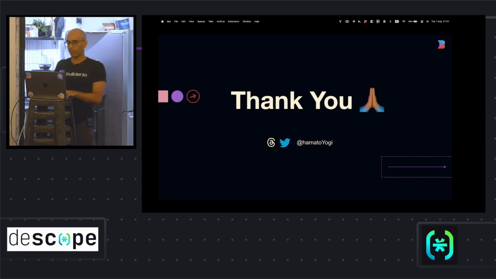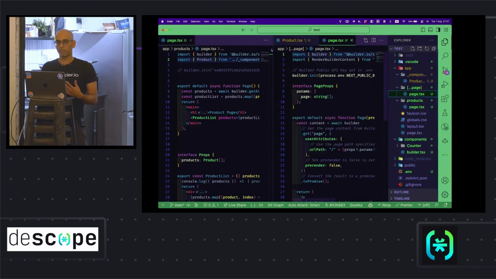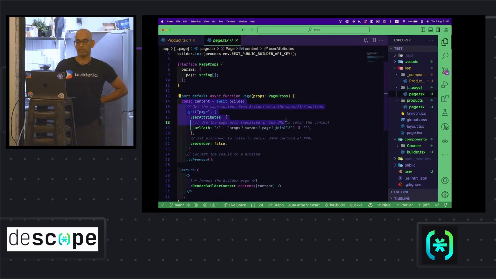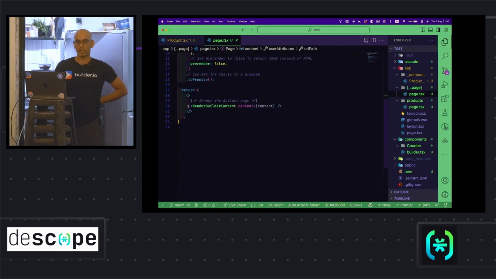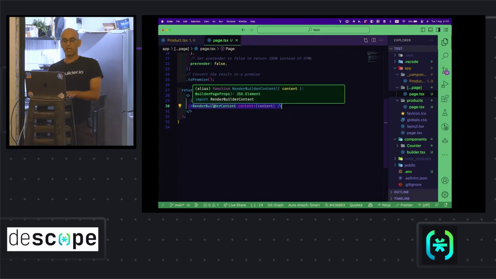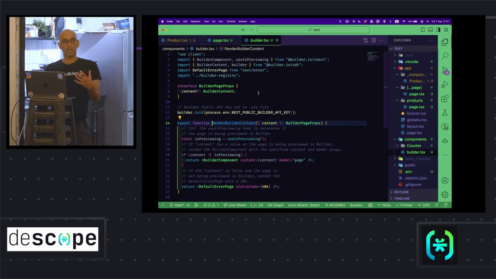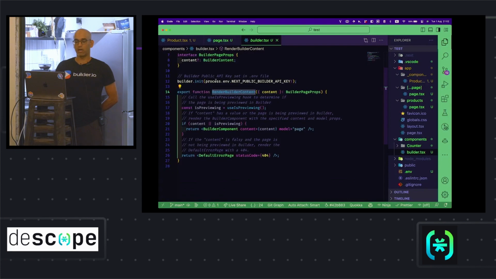When you render it, if you want to see what actually happens, inside our page that renders a landing page, what we're doing is getting the content from Builder according to our path. This is just a promise that then renders a component called a Builder component. Now this specifically, because of Next 13 and the way it works, has to be a client component. And when you say client component within Next.js, that doesn't mean that it only renders on the client. It means it gets server-side rendered and gets hydrated on the client, right? So all it is is a function that renders, just to handle the way that Builder works